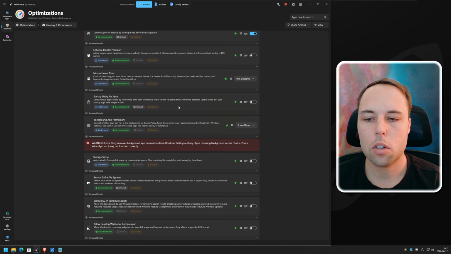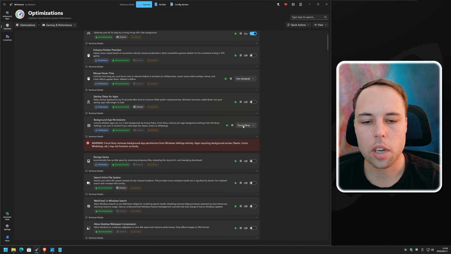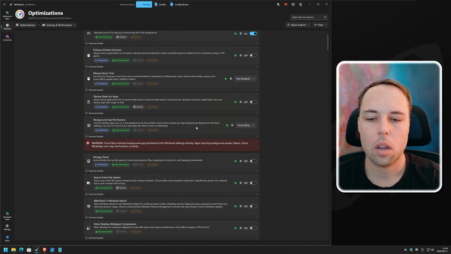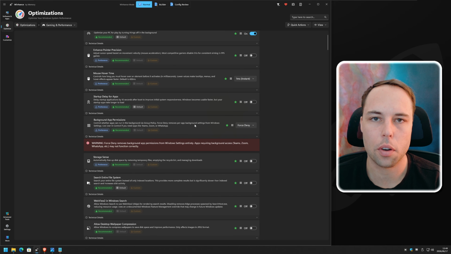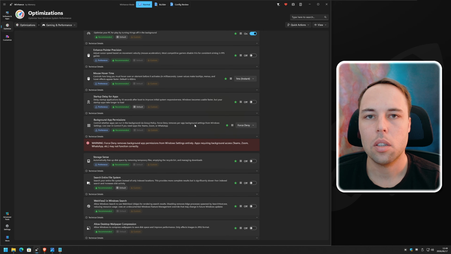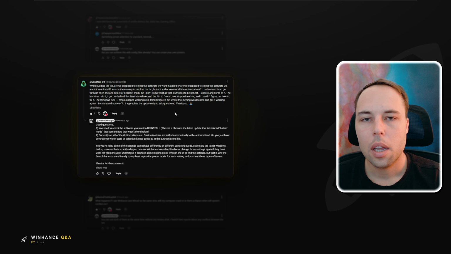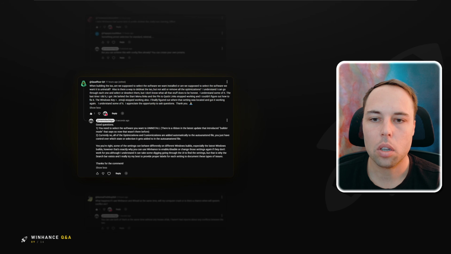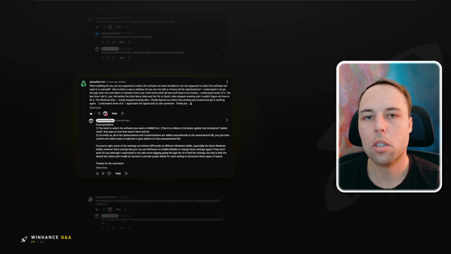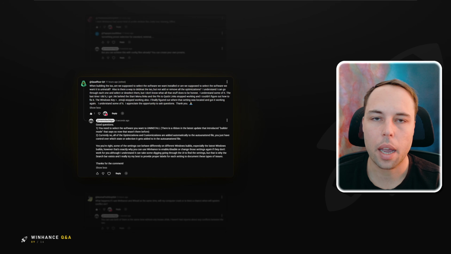But WinHance is also not trying to force the end user into a specific setting. If you want to change the setting to another option, you can. WinHance is not locking you out of changing any of these settings. It's not like you can apply it and then can't revert it. I do try my best to make all of the settings reversible. What I can relate to in this comment though is that there are a lot of settings and going through all of them is a big task when you're trying to figure out what's causing the system not to work as you intended to. And that's where the search bar comes in.